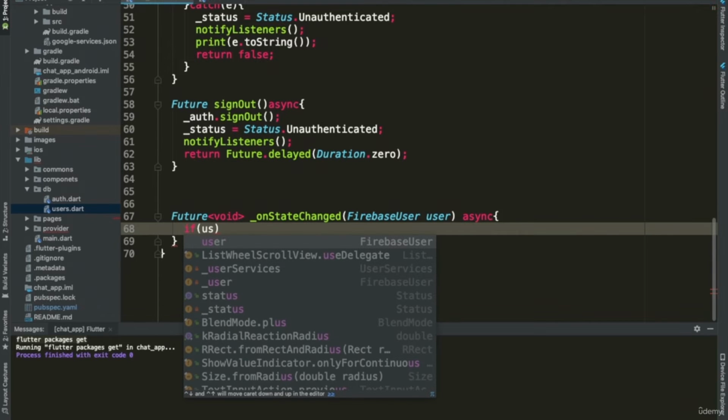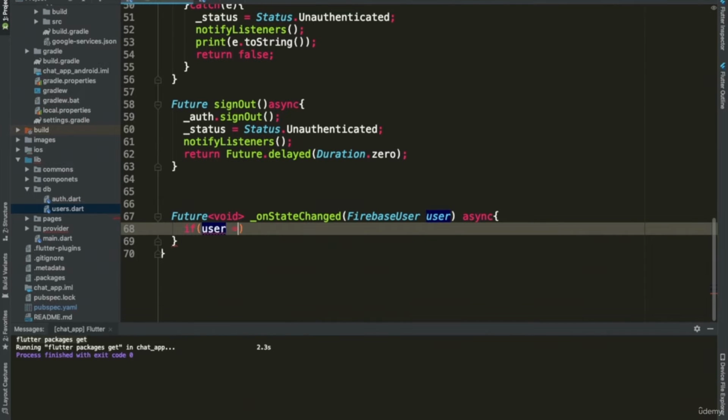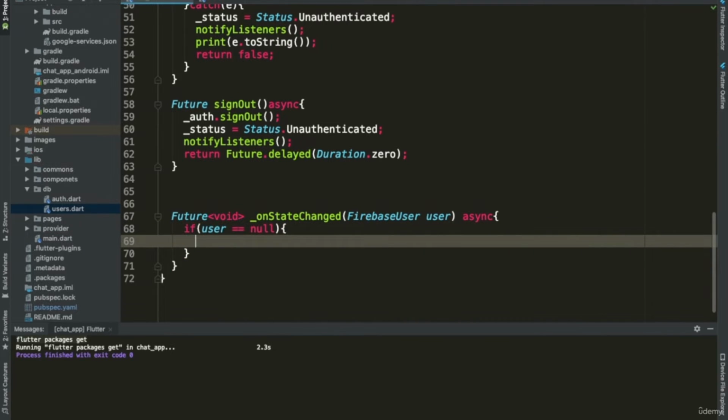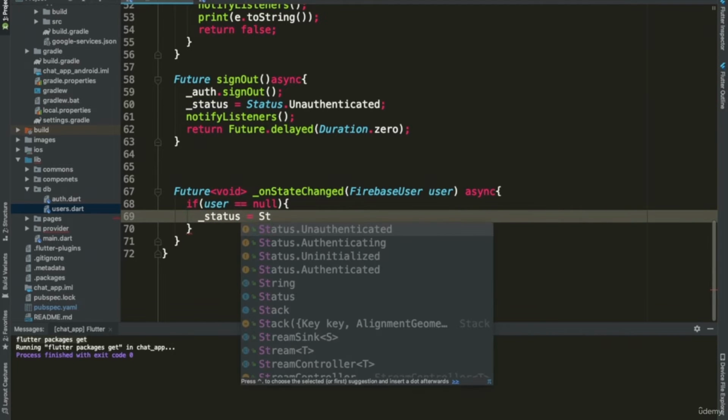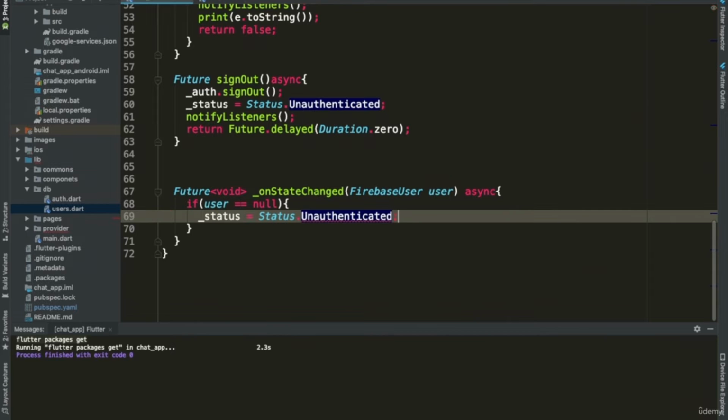That's actually the event. So if the user is null, meaning that we don't have any Firebase user logged in at least, we're going to put here our status to unauthenticated,